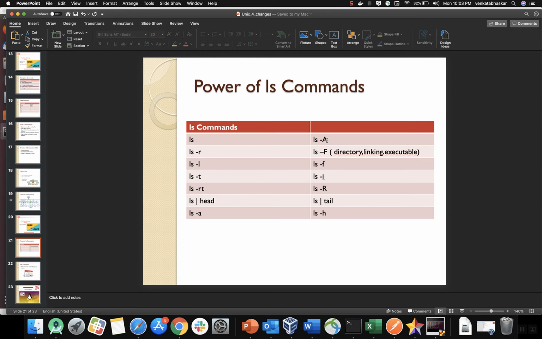Capital A means dot and dot dot won't be displayed inside your folder. Still we have ls -F: slash indicates a directory, linking indicates @, and executable indicates star. And -f is if you want to disable all the colors. Then -i and -r, we will see these two commands also.